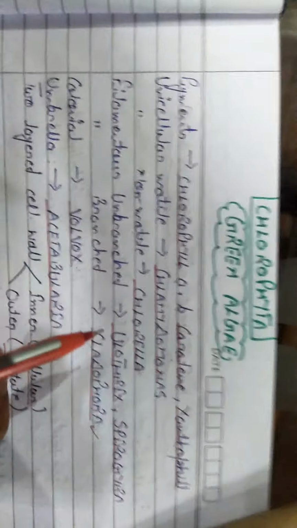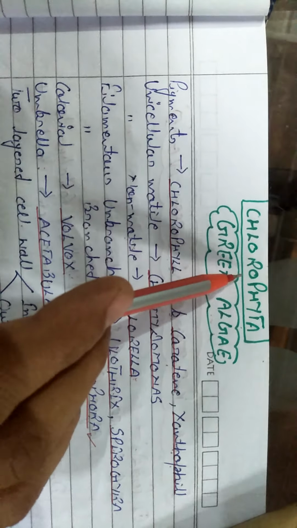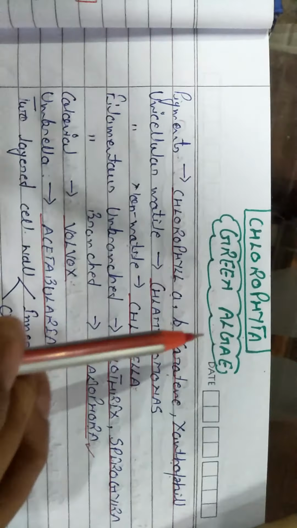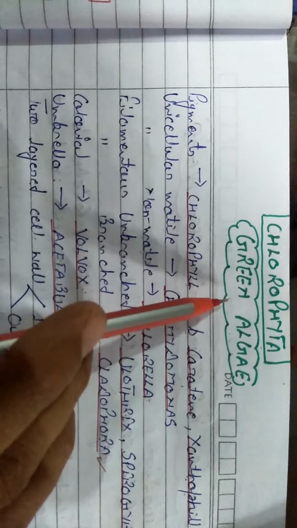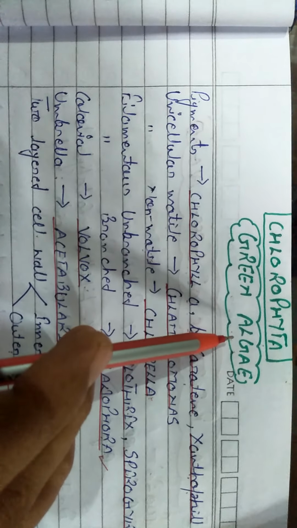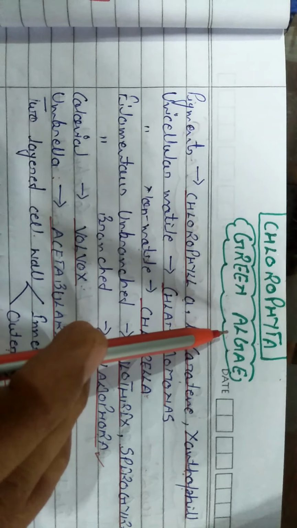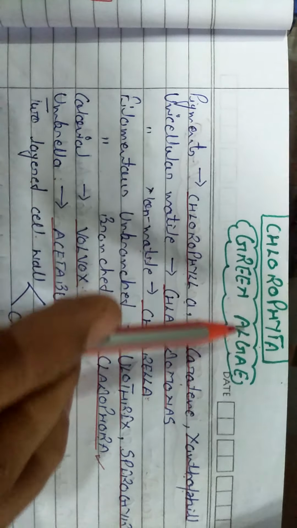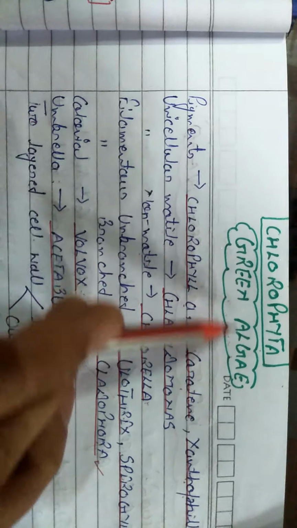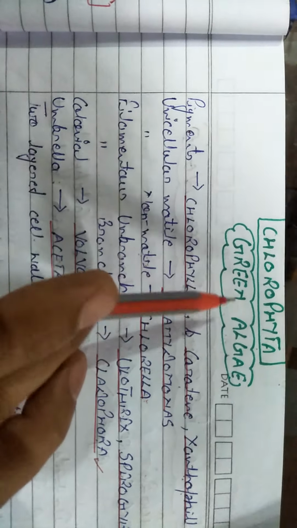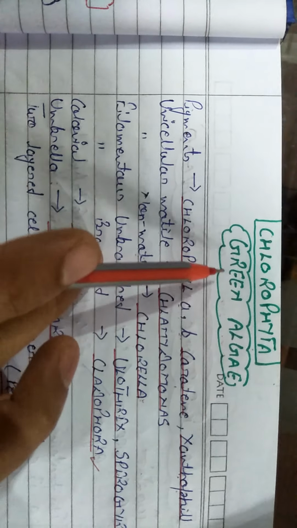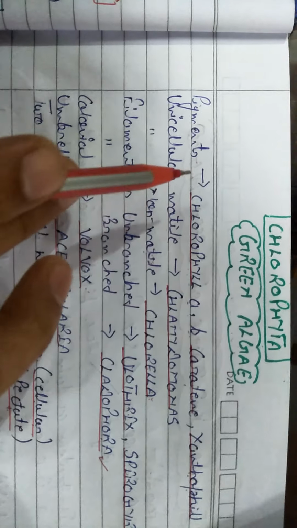Now we are going to start the basic characteristics of chlorophyta or green algae. The question is, what are green algae? Green algae look green because they have a color pigment known as chlorophyll, the green color pigment. Other types of pigments are also present in green algae. Remember, we are going to start the topic green algae, and a brief explanation is also present here.